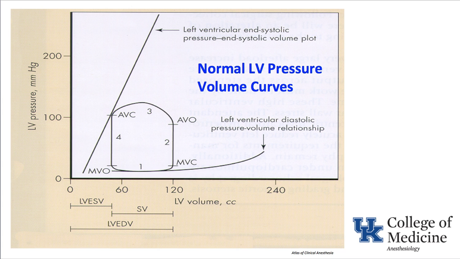Pressure volume curves characteristically show pressure on the y-axis, and on the x-axis LV volume. As we go through steps 1, 2, 3, 4 of what's going on in the heart, let's start at the bottom left, where the mitral valve opens and diastolic filling of the left ventricle occurs. That's at 1. Diastolic filling of the left ventricle: blood is flowing from the left atrium into the left ventricle,